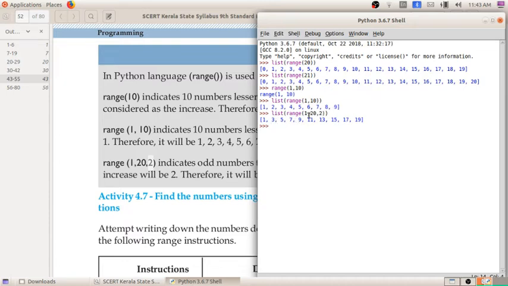So if you give the range like that, you will get the numbers displayed in this format. Or we can say 1 plus 2 is 3, 3 plus 2 is 5, 5 plus 2 is 7. Either we can say the difference is 2, or we can say each number is increasing by 2. That means 3 plus 2 is 5, 5 plus 2 is 7, like that. So I hope it is clear to all of you. So this is all about the range of values.